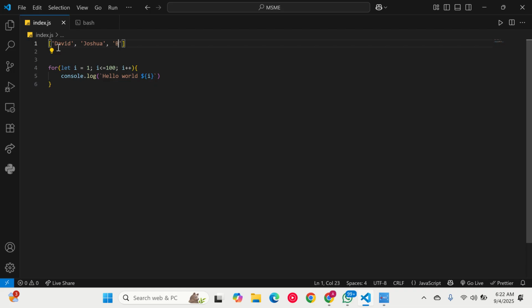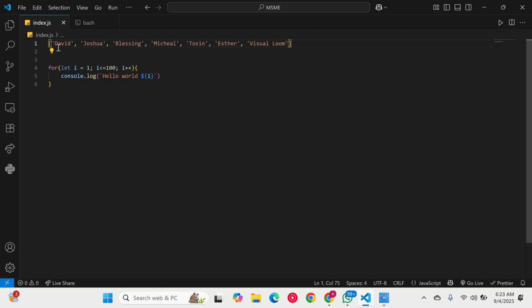We also have all right. So let's just say we have these numbers of people, but I need to save this in a variable, right? So I just have an array here, but we need to save it in a variable. So let's just have a const names array